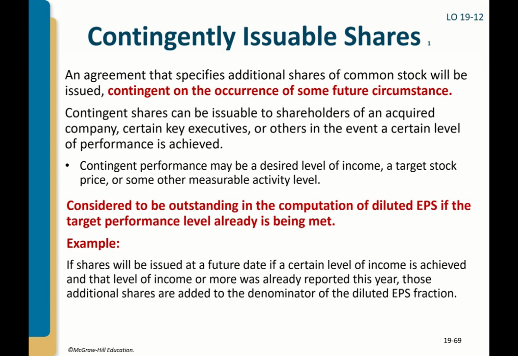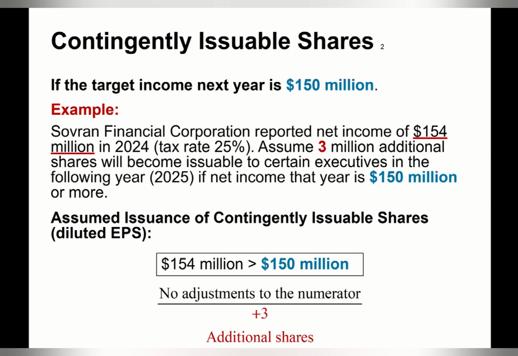It is considered to be outstanding in the computation of diluted earnings per share if the target performance level already is being met. For example, if shares will be issued at a future date if a certain level of income is achieved and that level of income or more was already reported this year, the additional shares are added to the denominator of the diluted earnings per share fraction. If the target income next year is $150 million,